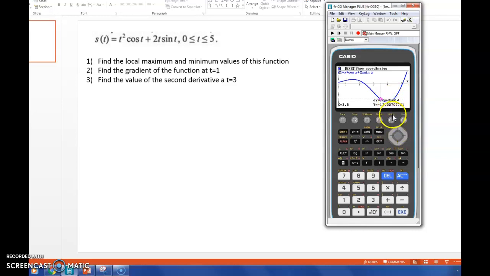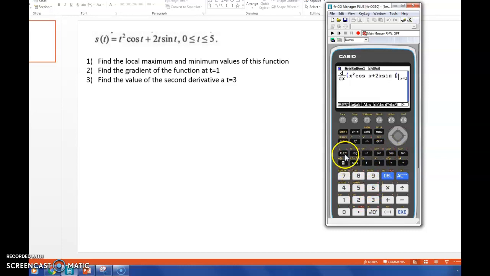Okay, now there's another way you can do that, and that is if we go to the main menu again and go to the run matrix. Okay, what we're going to do here is we're going to go to maths, and we've got ddx. Okay, what we can do is we can put in that function. So we're going to put x squared, I have to put in x, it doesn't recognize t, cos x, so we're just doing the same as before, 2x